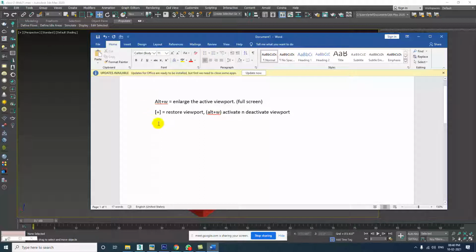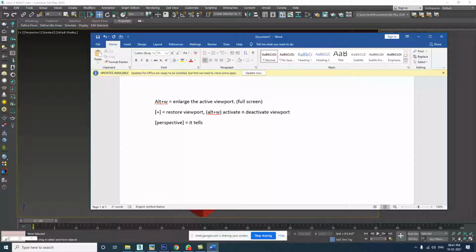Okay, next we have perspective. Now what help do we get from here? First of all, it tells which viewport we are in, which view.